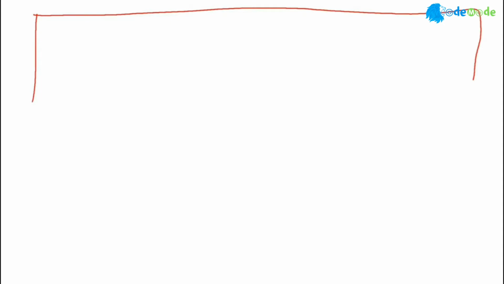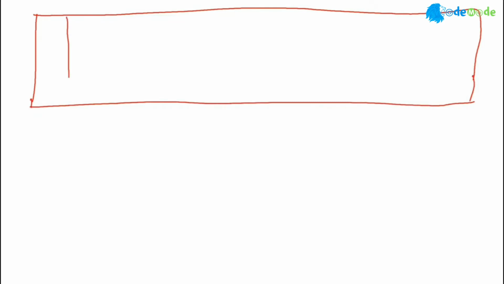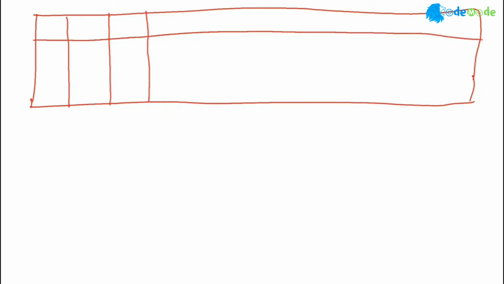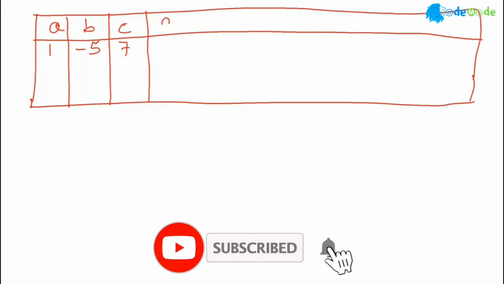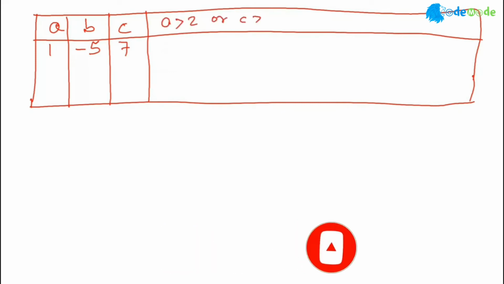This time I'll create a little bit more complex condition. Here I'm going to say again A, B, and C. There are 3 values. This is my A, this is my B, this is my C. A equal to 1, minus 5, 7. Okay. And here my condition is A greater than 2 or C greater than B